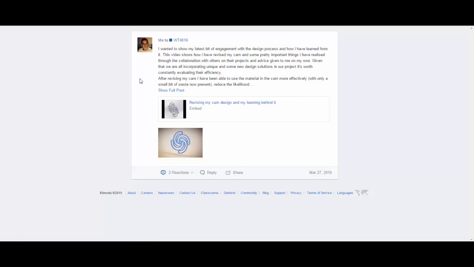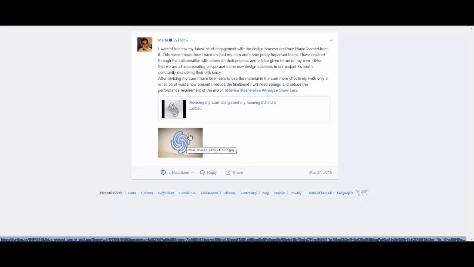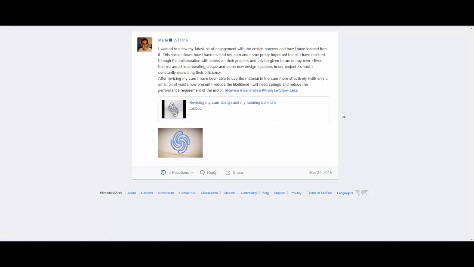And then another part here is my latest post in terms of my cam. In the lecture last Wednesday, I said this in the video, Brian was saying that my cam might need springs because it's quite a tight turn, a lot for the cam to displace in such a short rotation. So I just revised the cam and I realised it's not a normal cam. So I was able to revise on my own learning, and without Edmodo or an interactive learning experience like this, Brian wouldn't have been able to see that I might encounter a problem like that, and he wouldn't have been able to give me that kind of feedback. He's had experience with this.